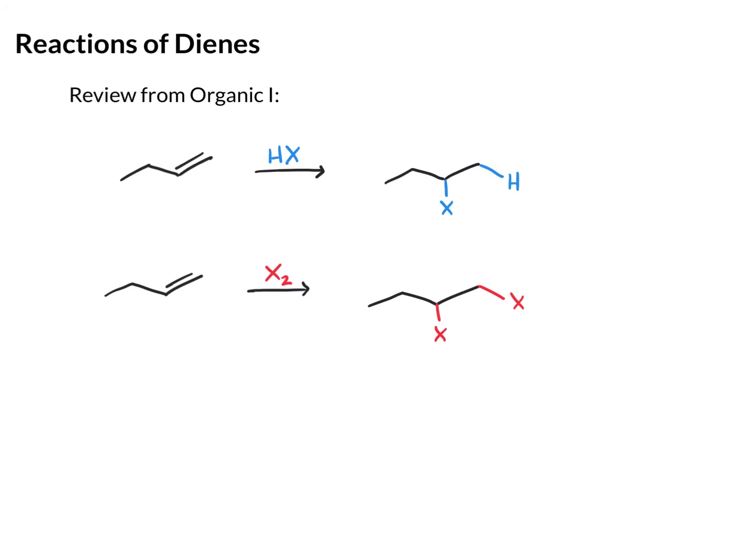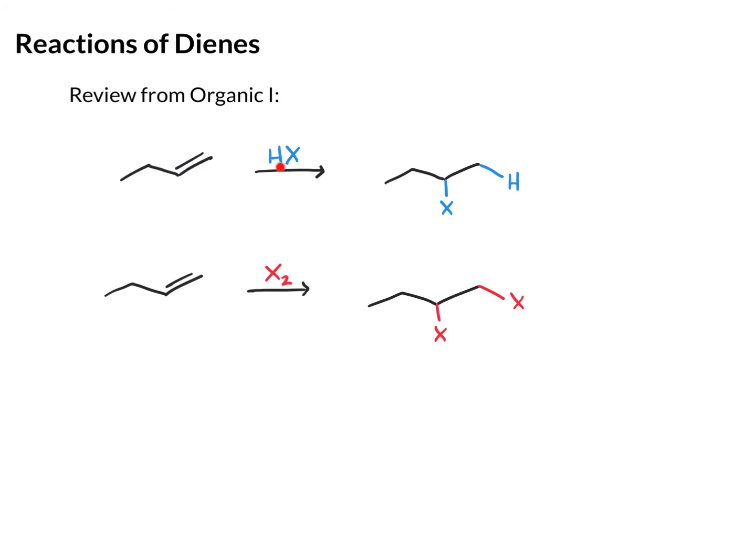In this section, we're going to look at the reactions of dienes. But first, let's just review a couple of reactions from Organic 1. If you take an alkene and react that with an acid like HCl, HBr, or HI, you're going to add